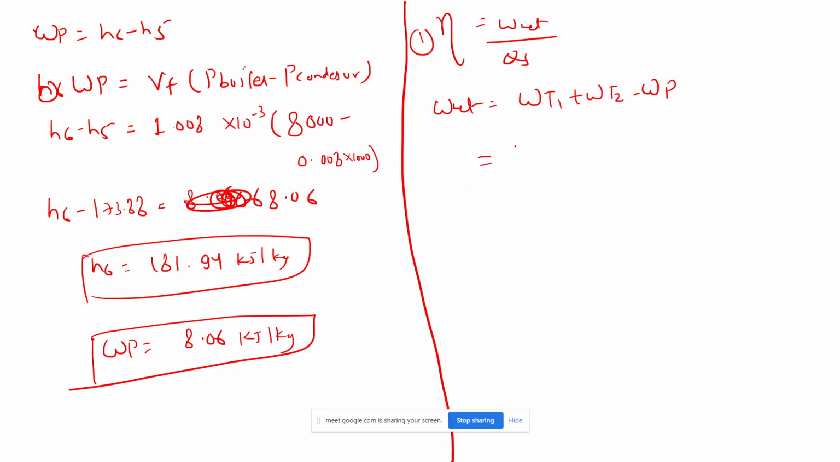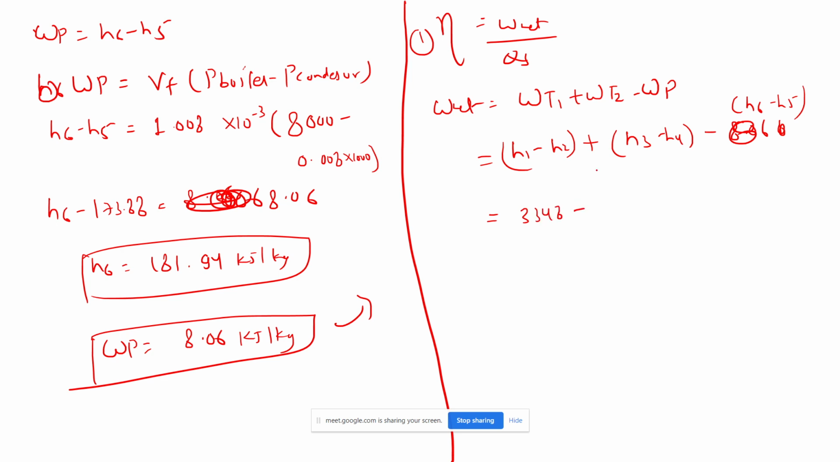Okay, so what will it be? H1 minus H2 plus H3 minus H4 minus, what is the pump work? 8.06. Okay, directly I am putting this value, or you can first write H6 minus H5 also. So H1 minus H2, what is the value of H1? 3348 minus H2, 2051.93,